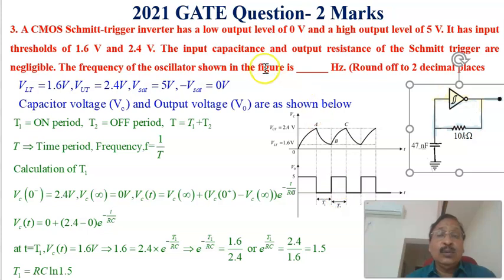And in order to find out the frequency of oscillation, we have to calculate what T1 and T2 are. Then we can calculate T, and f is equal to 1 by T. Therefore, first we have to calculate T1. And in order to calculate T1,